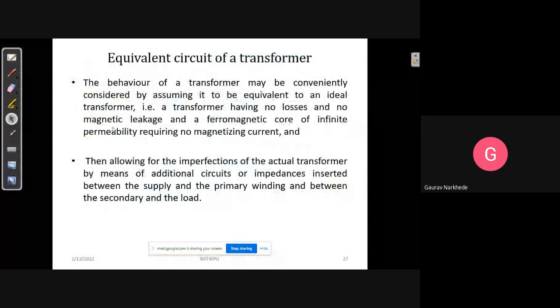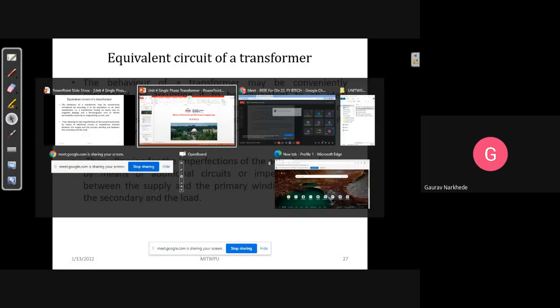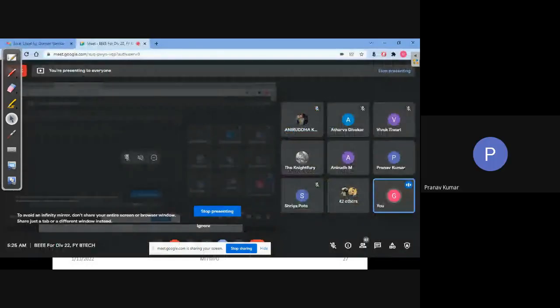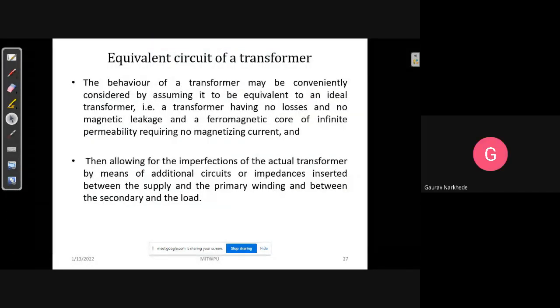So what is the equivalent circuit of the transformer? So the thing is that the transformer is an electrical component. Is it correct? Yes, sir. Now, as this is an electrical component, I can say that any electrical component can be represented by a